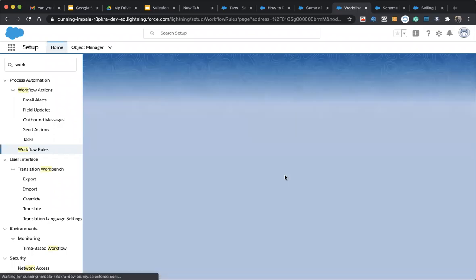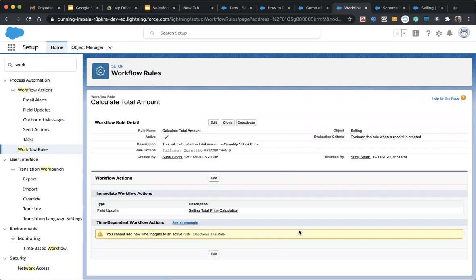Then we need to activate this workflow rule. I'm going to activate this workflow rule. Now it's activated. I just created a workflow rule with a rule criteria that whenever a record is created on the selling object, it will check whether the selling quantity value is greater than 0 or not.